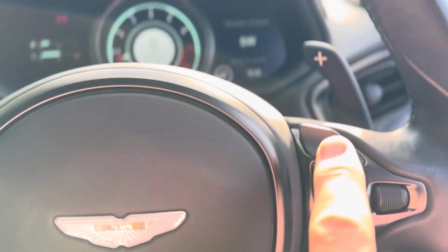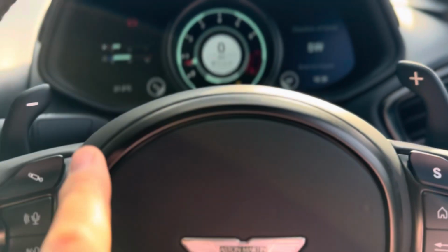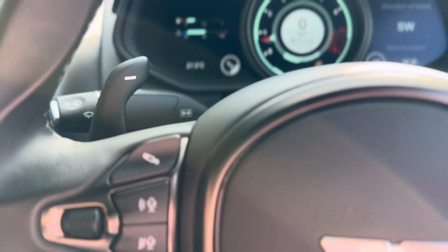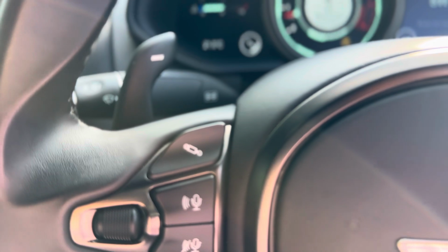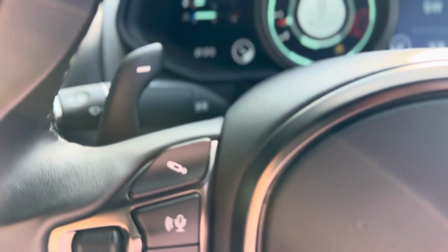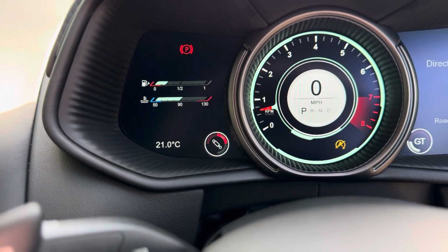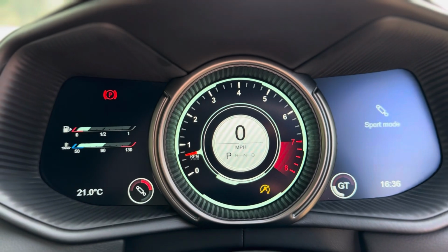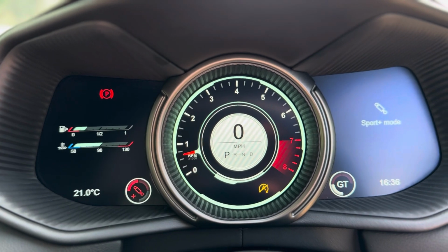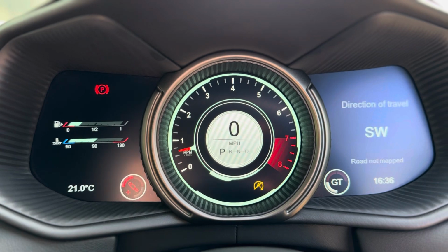Now we've got two buttons: Sport, which is on this side, the GT, and suspension on this side. Suspension does what you'd expect it to do. It will give you different suspension settings from comfortable to sporty and then to more sporty. So if I press the button once, you can see there we've gone on to sport mode. Press it again, I've got Sport Plus mode, which makes it quite firm, but it's going to give you a